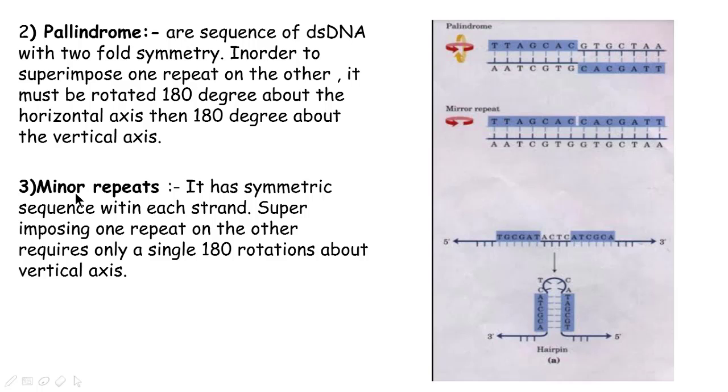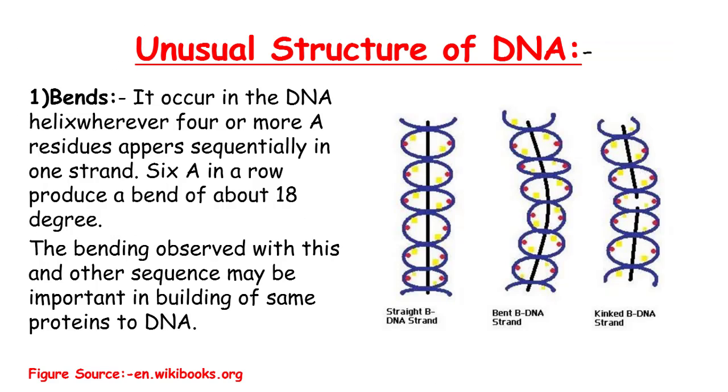What is the mirror repeat? It is a symmetric sequence within each strand. Superimposing one repeat on the other requires only a single 180 degree rotation about the vertical axis. What are the unusual structures that we find in DNA? The first is the bend. You can see how bending is shown. It occurs in a DNA helix